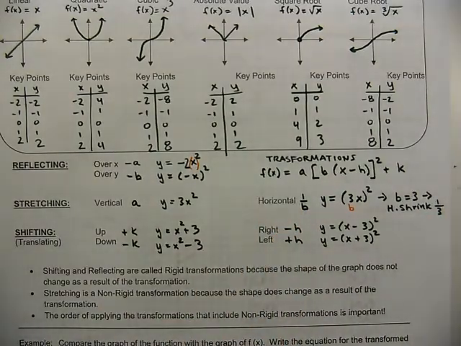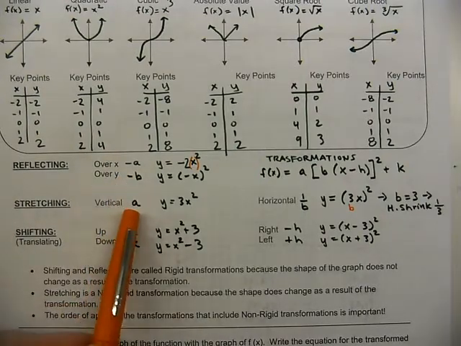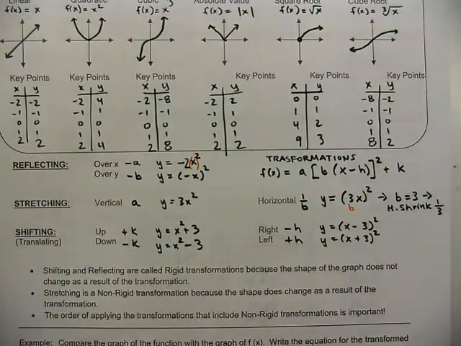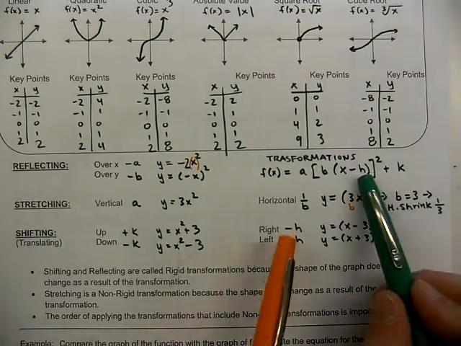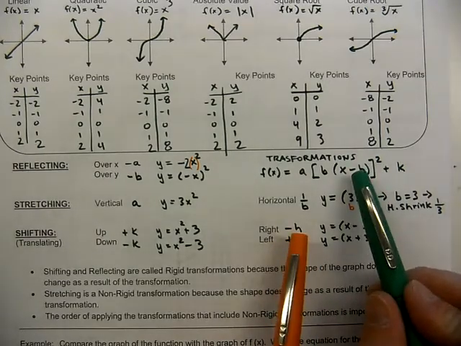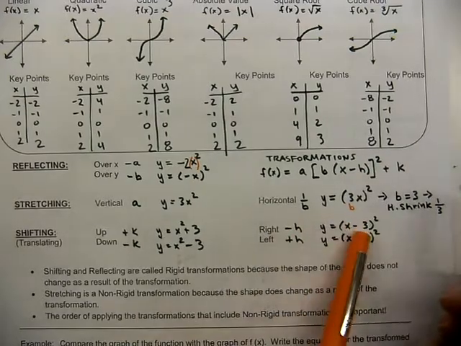So the A and B play a double role. Either it's going to be a reflection, or it's going to be a stretch or shrink, or a combination of both. And the H and the K we've, again, dealt with before. H is your horizontal translation, but that's the one that's kind of tricky. This is the one where you have to do the opposite sign. So if you see a negative H, like a negative sign in front of that number, then you're actually moving